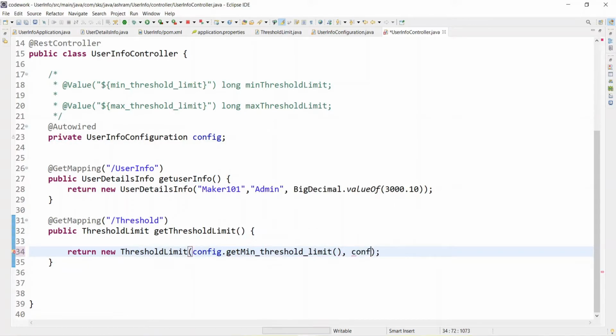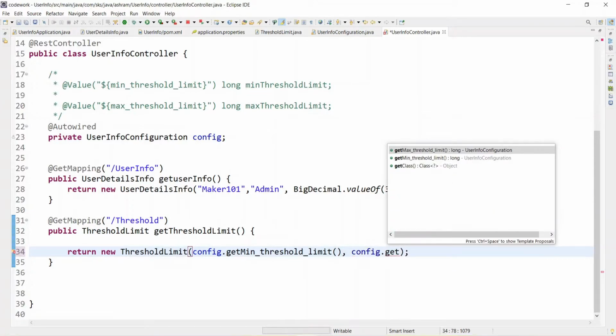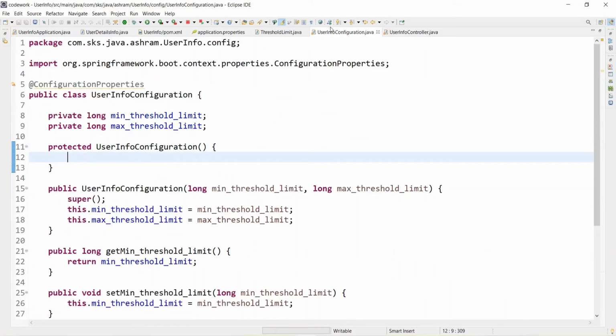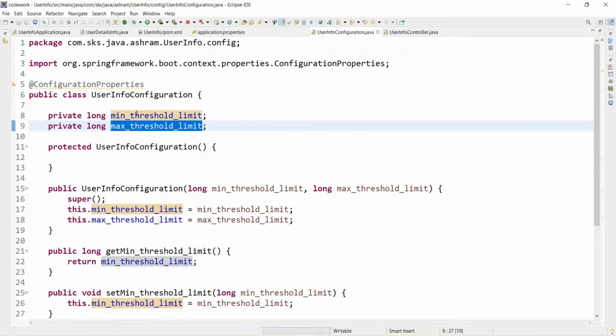And thereafter config.getMaximum, right? So in the controller class, in this getThresholdLimit, we are already taking the instance of the config which has the minimum and the maximum limit, because this has already been mapped. Because you have used the annotation ConfigurationProperties, Spring Boot will manage it for you, and it will map to the application.properties and retrieve the details, and that's why this needs to be the exact same